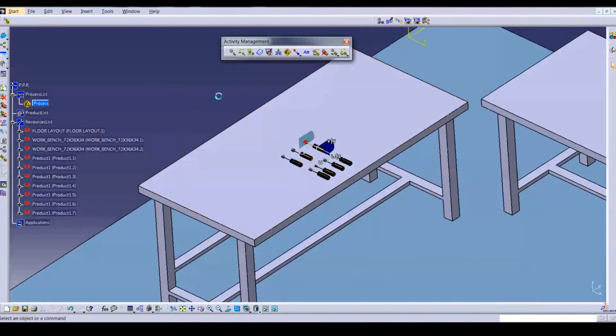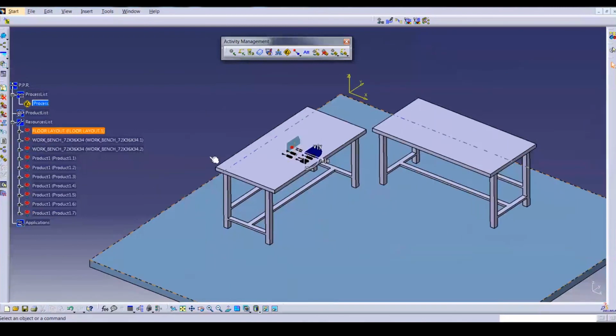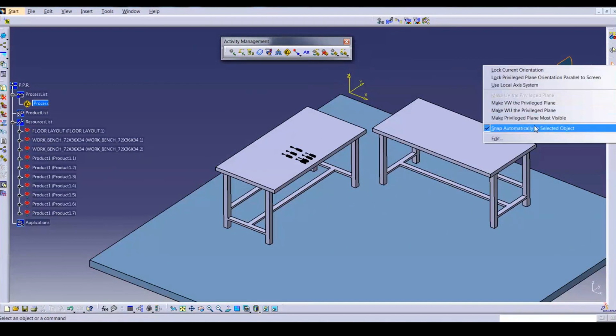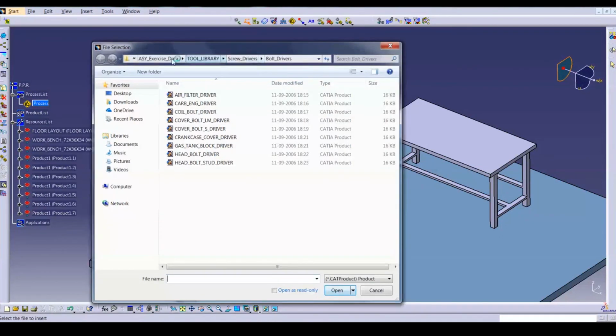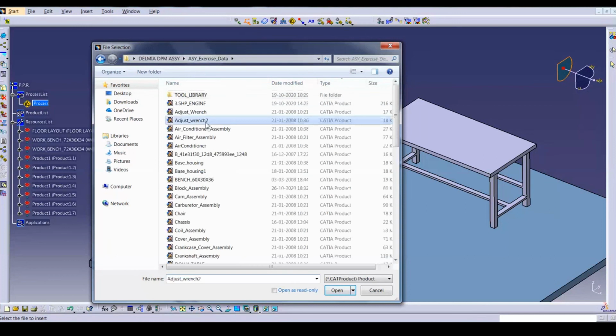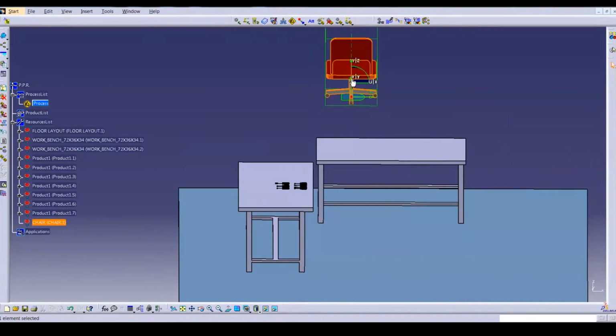That is our resource library. Okay, now I am calling a chair from resource. This is also a resource. We will position the chair.